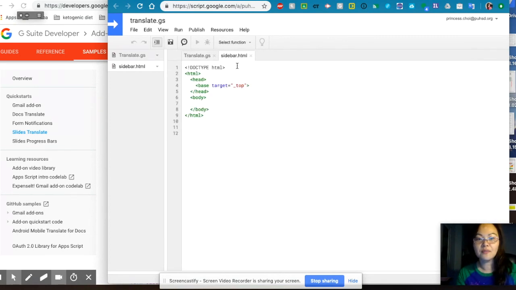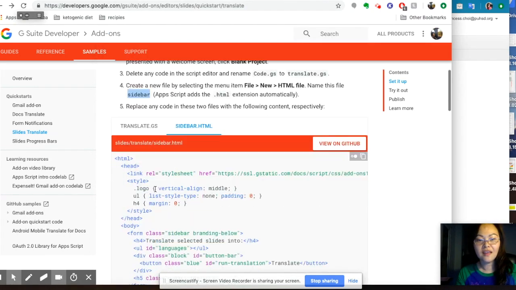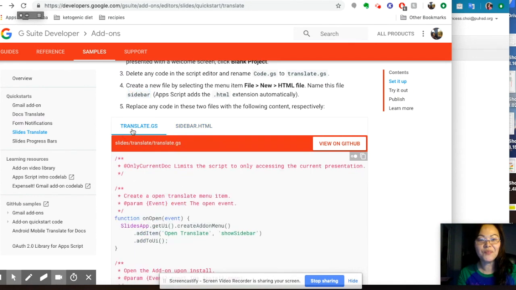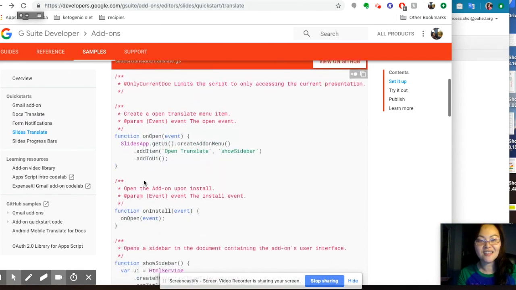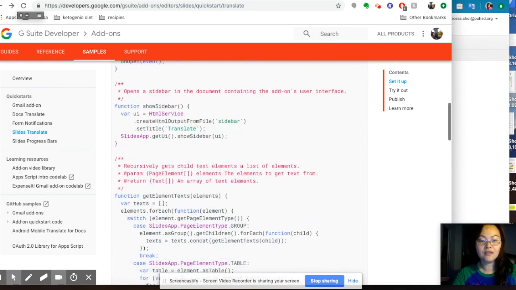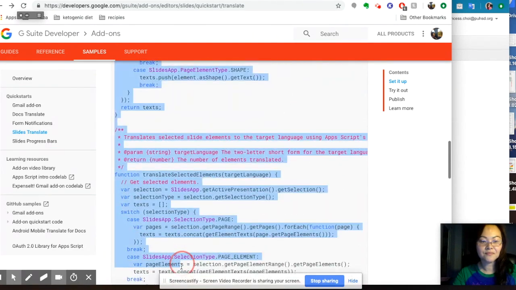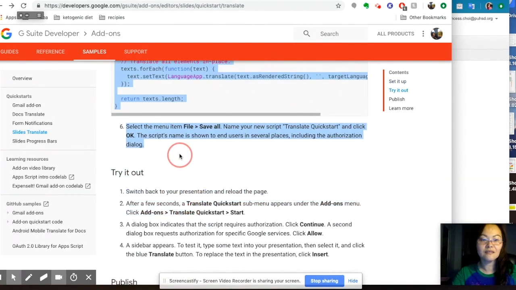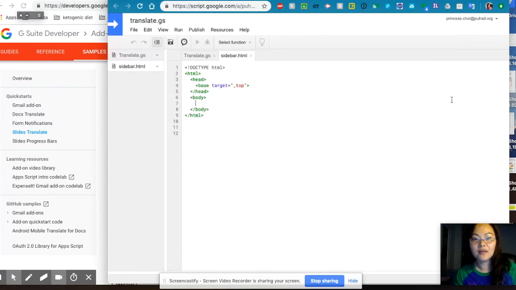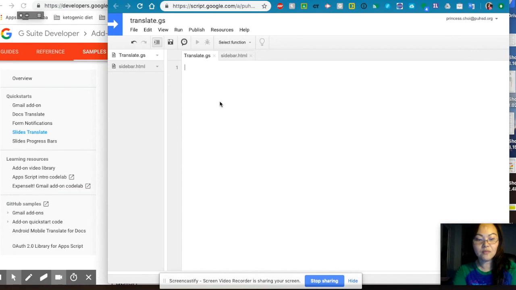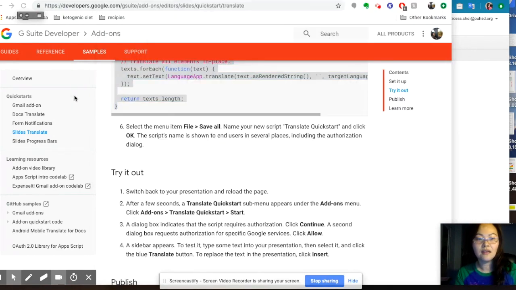So I have two tabs open. Then, see, we don't have to code ourselves because of this website, and we just can copy and paste. So for the translate.gs section, I'm just going to copy here, starting from the function all the way to the bottom. Yeah, okay. I thought I was gonna go down too far. And now I'm gonna go back, and over here, I'm just going to go ahead and paste it. Then I'm gonna go to the